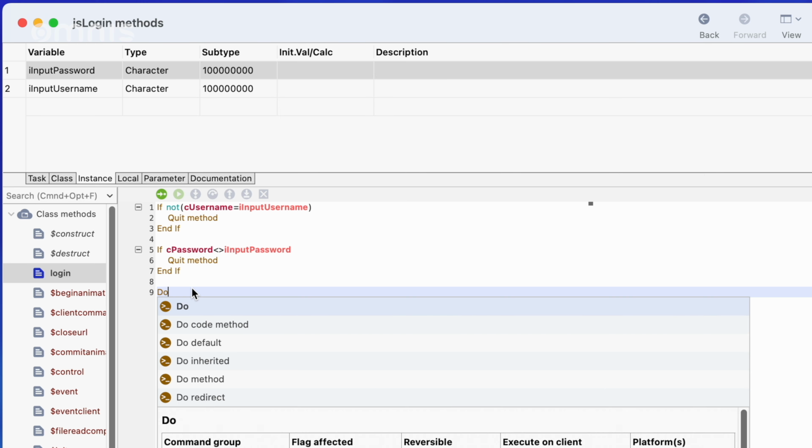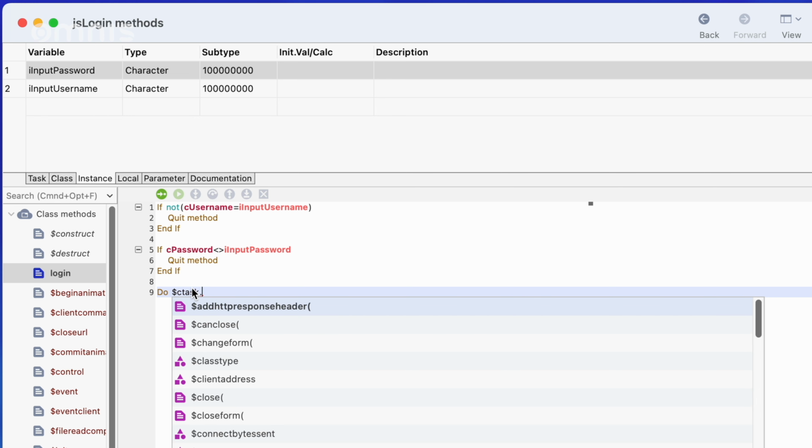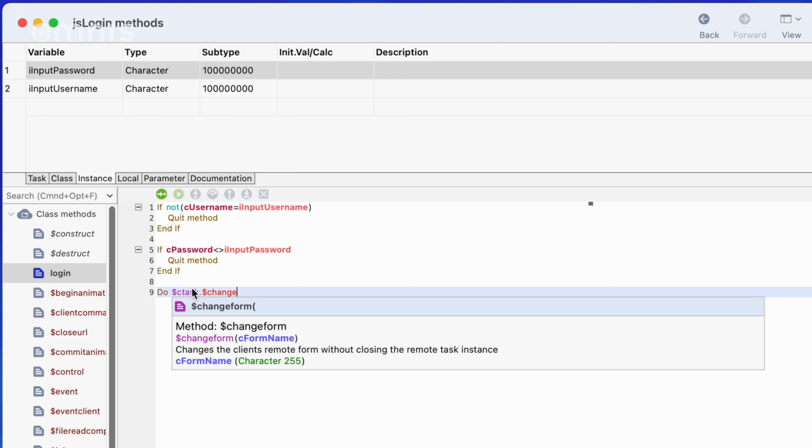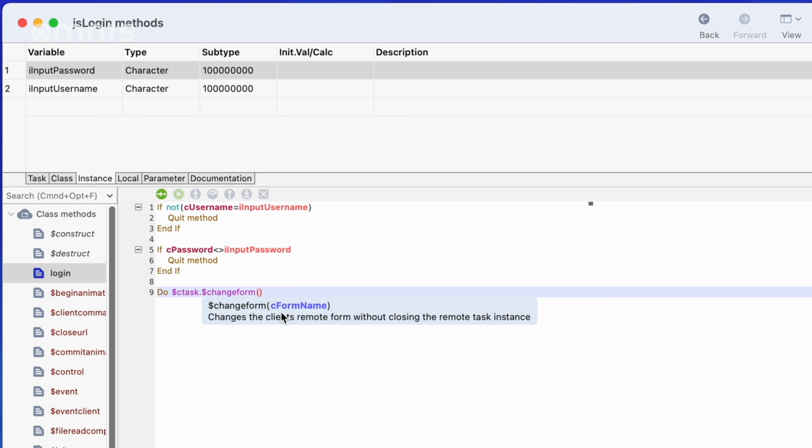So we write here, do $ctask.$change_form, and now here in the brackets, in apostrophes, variables. If you remember our video about variable scopes, you may already know why we say $ctask. In other words, why we tell the current task to change the form. In short, we are changing the form within the task, and therefore any task variables set here are retained in